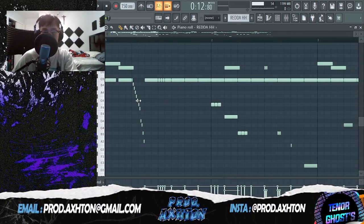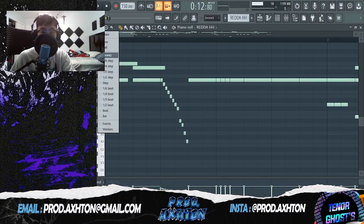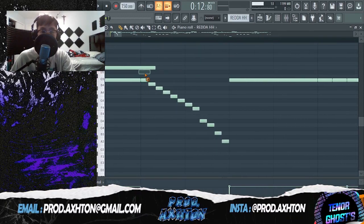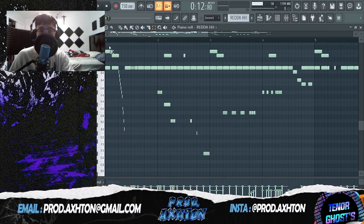So for the hi-hats, you got to play around, because the hi-hats is really going to carry the balance of the beat. What I did for making the hi-hats, so I clicked the magnet, click none, and I'm making sure I'm not mixing up like too much triplets. You can see right here, it looks like I have a bunch of hi-hat patterns. So what I'm really doing is I'm